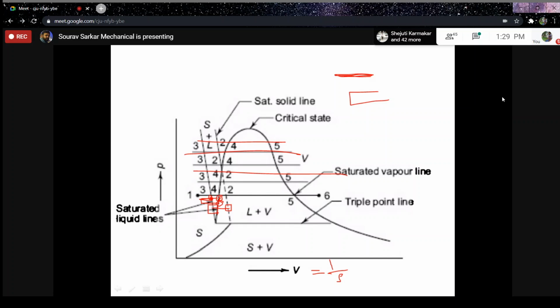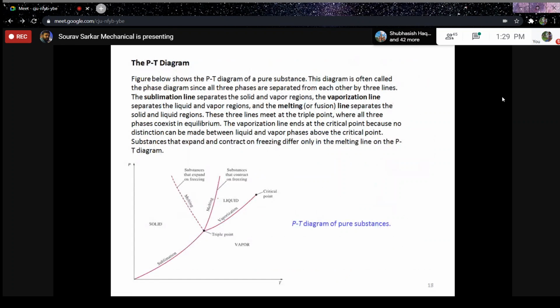Okay, so now the triple line. If I try to plot the PT diagram, pressure versus temperature, up to a certain pressure the solid directly converts into vapor. This line is called the sublimation line. After a certain pressure,